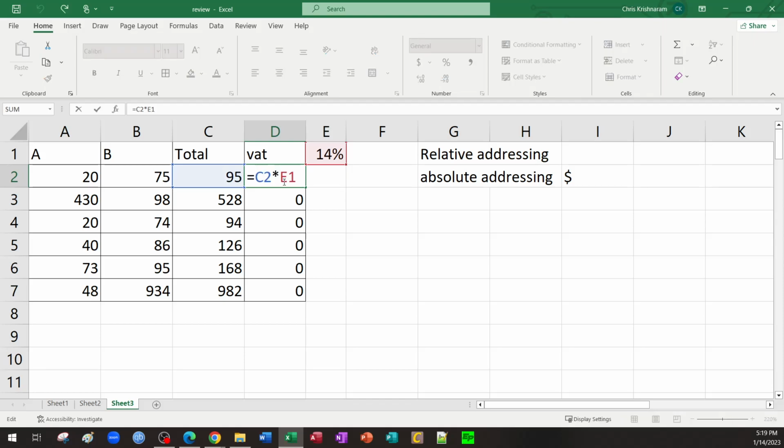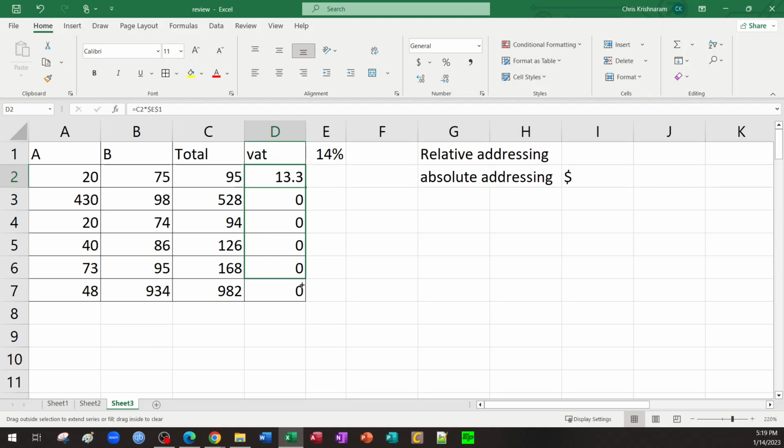So you place a $ before the column letter, and you place a $ before the row number. The column letter is E, I have a $ before that, and the row number is 1, I have a $ before that. We complete the entry,